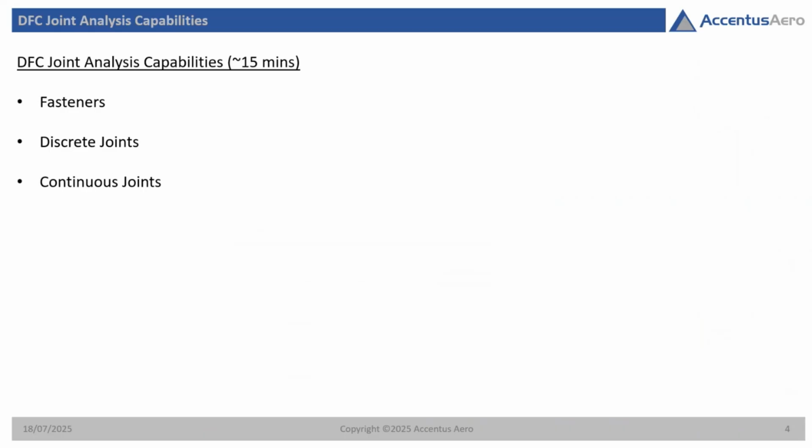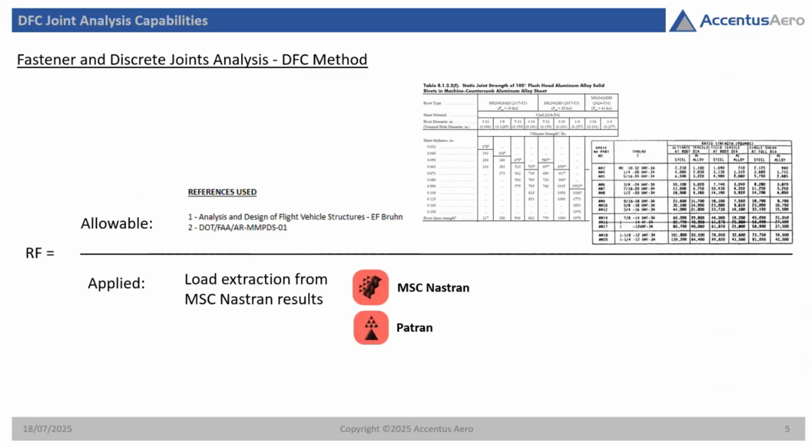Right, so in roughly about 15 minutes, we're going to quickly show how we do fasteners, discrete joints, and continuous joints. If we look at the fastener or discrete joint analysis method, that's basically the RF calculation. On top of the line is the allowable load, the load line is the applied load, and that ratio